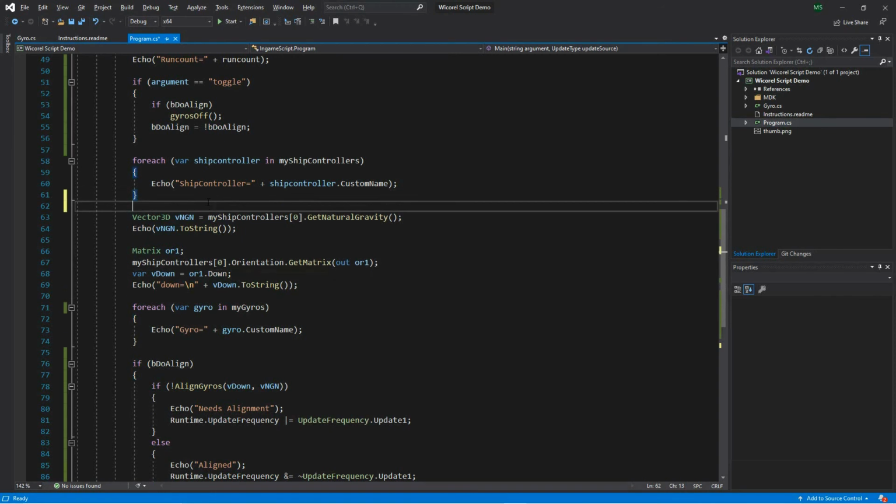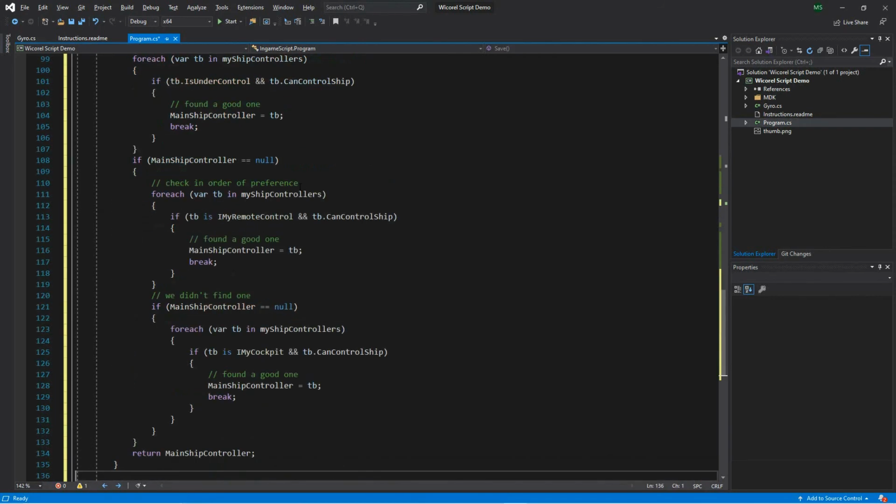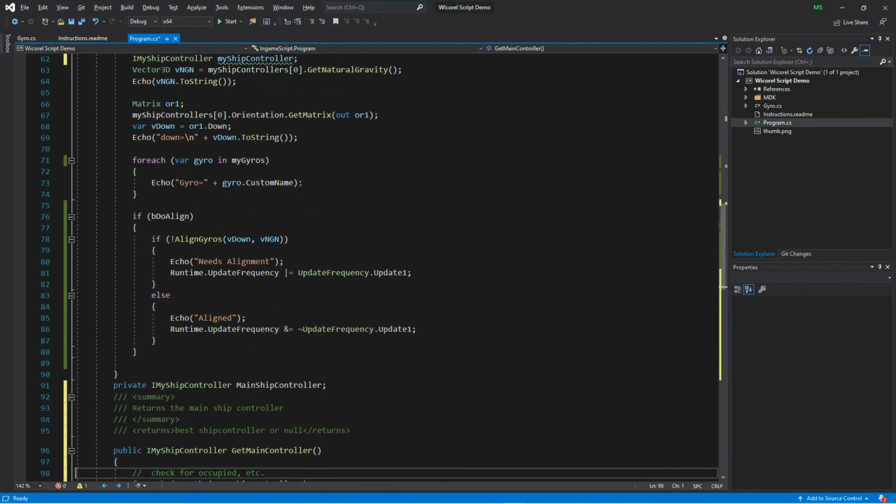So I'm going to do ship controller. And right now, we just do this. But I'm going to add a routine here. Just going to go down to the bottom. I've got this routine already typed out. What I want to do